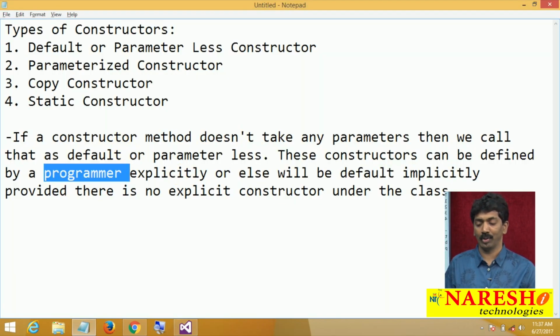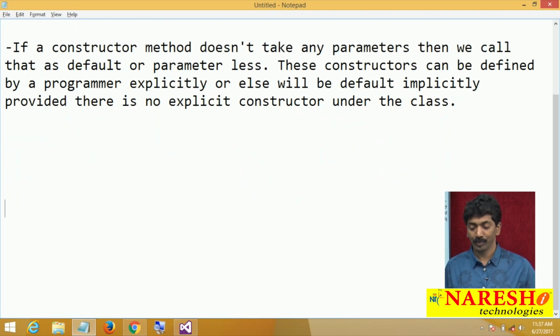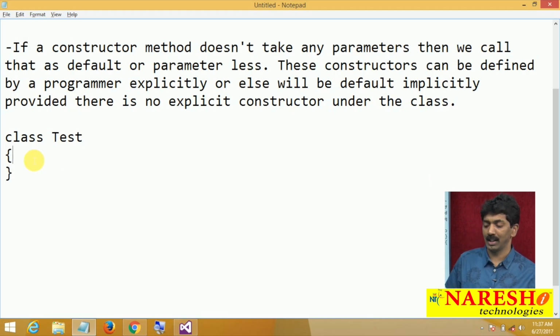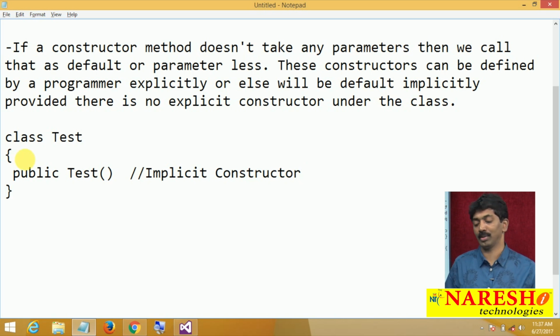So define a class without any constructor, and there will be an implicit constructor. Simply define a class like this: class test. If you define a class like this, there will be an implicit constructor, public test. But remember, this is an implicit constructor, and implicit constructors are always parameterless.